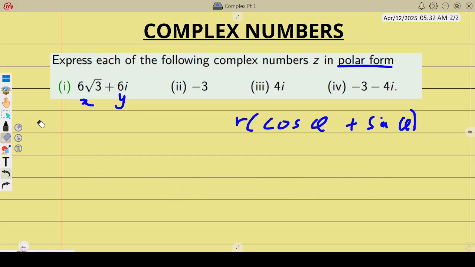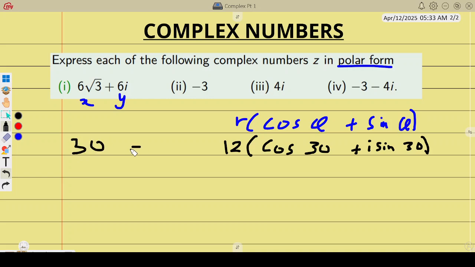So we found our angle theta. So remember r, we found it was 12, and theta is 30 degrees. And you should also be very familiar that 30 degrees is pi over 6. So always know 30 degrees is pi over 6. So here if we want, we can put pi over 6. And then we can